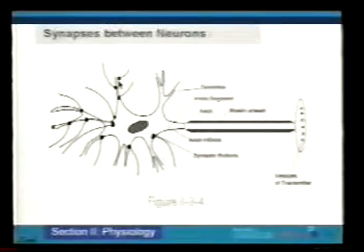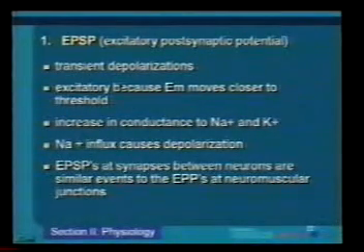Now, I want to focus on the different types of synapses that you can have on this cell body membrane or on the dendrites. And we'll classify these into two basic categories. Suppose we just pick one synapse here, and we'll say at this synapse we release a transmitter that causes a depolarization of the postsynaptic membrane. And if this transmitter causes a depolarization of the postsynaptic membrane, it generates, as shown on the next page, something